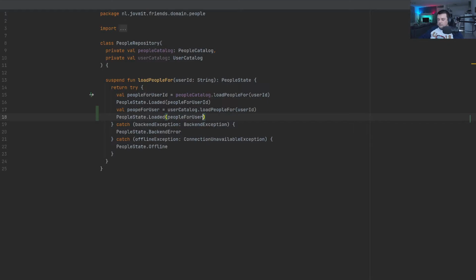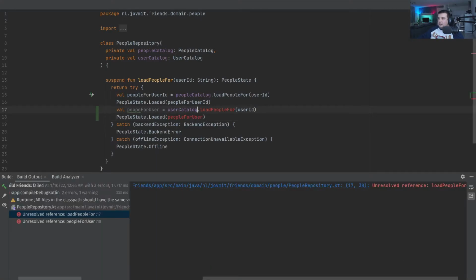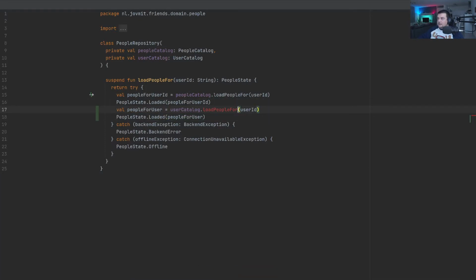So now I think, I don't know why, but the studio recently started behaving this way. It is not showing any errors, but clearly this shouldn't compile. So I'm going to run the test in order to make it compile and then see that something is not working. So this is people for user, yes. So this API does not exist. So I just have to create an abstract function